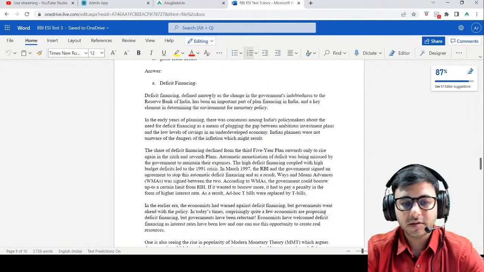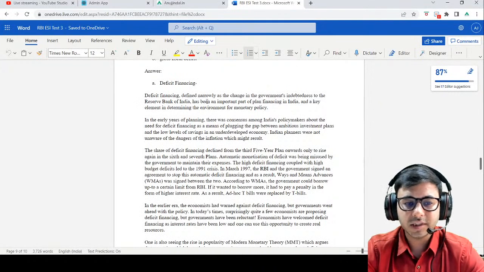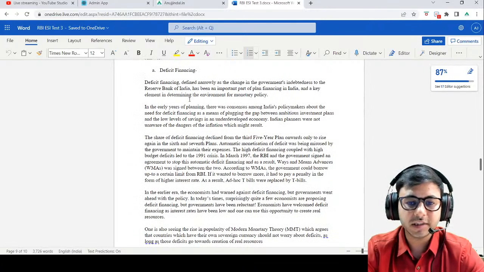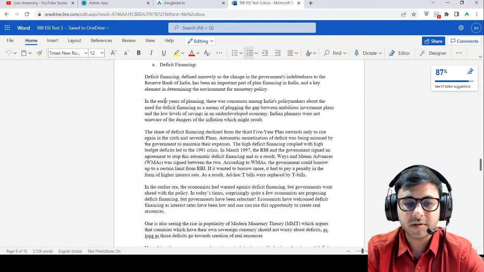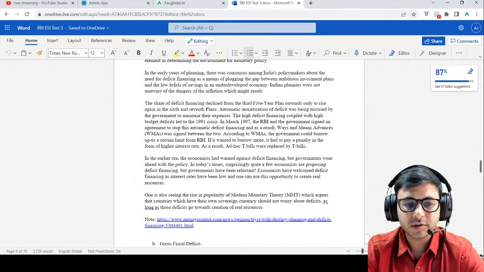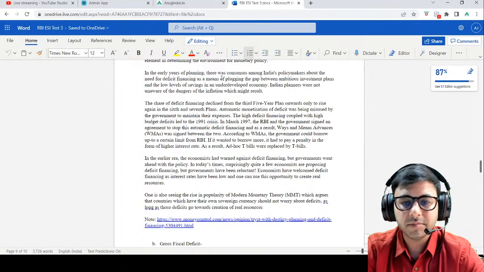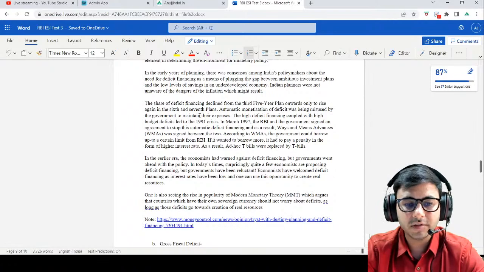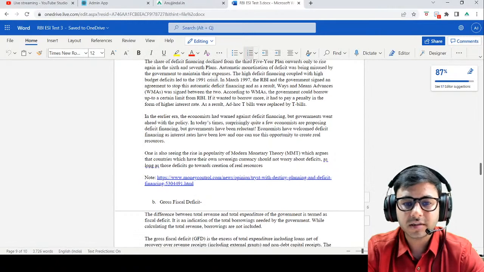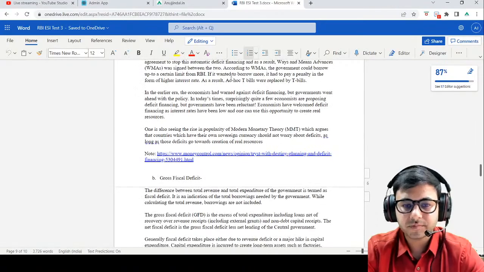Deficit financing defined narrowly as change in government's indebtedness to Reserve Bank of India is an important part of planned financing in India and a key element in determining environment of monetary policy. Early years, there was consensus among India's policymakers about the need for deficit financing as a means of plugging the gap between ambitious investment plans and low levels of saving. The share of deficit financing declined from third 5-year plans only to rise again. ये पूरा यहाँ पे हिस्ट्री बताया हुआ है. ओके,